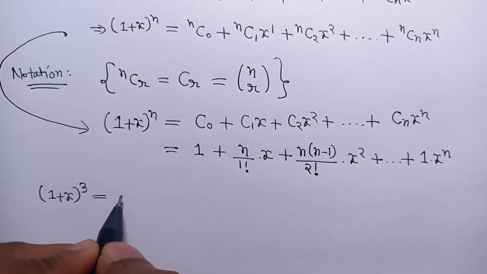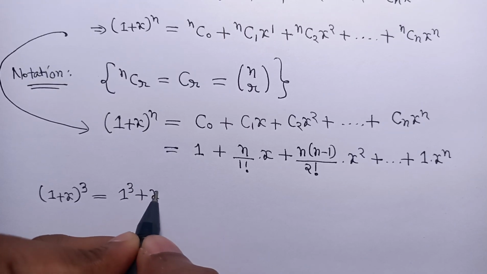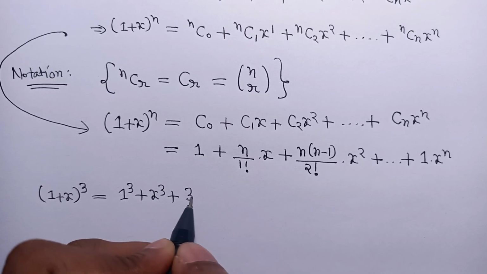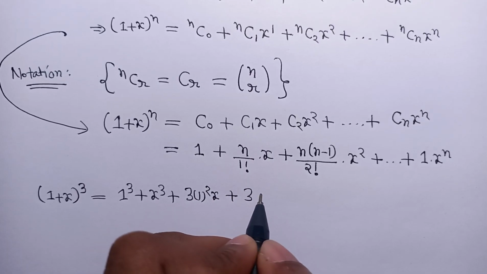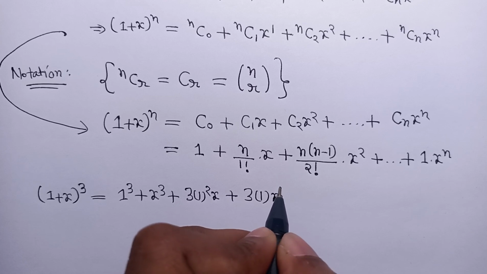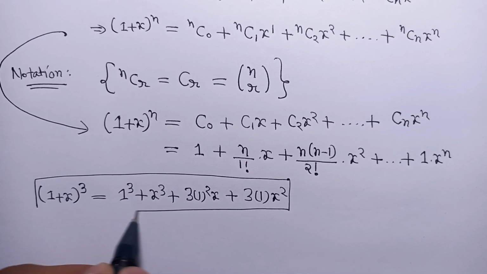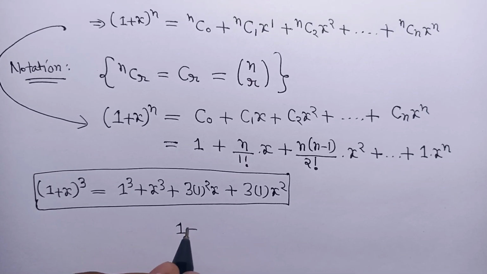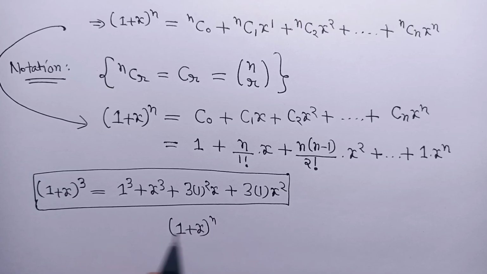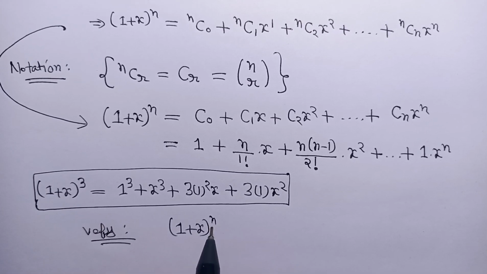So this is what? a³ + b³, na? a³ + b³ plus 3 times a²b plus 3 times a into b². Okay, so this was the formula, na, in your previous classes. So with binomial expansion you can verify this (1 + x)^n. Verification, verifying, or you can say anything. Verification: (1 + x)³ is equals to